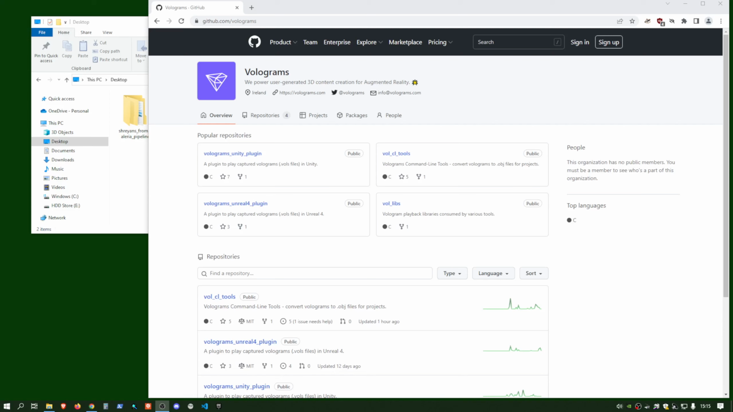Hi, it's Anton here from Volograms, and this video is going to show you how to get set up as a first-time user with the Volograms Unity plugin, which will let you create your own projects and import into those Volograms you've captured with the Volu phone app and export it to your desktop, and you can then include them in your Unity projects. Okay, so the first step is we need to download the plugin itself, and you'll find